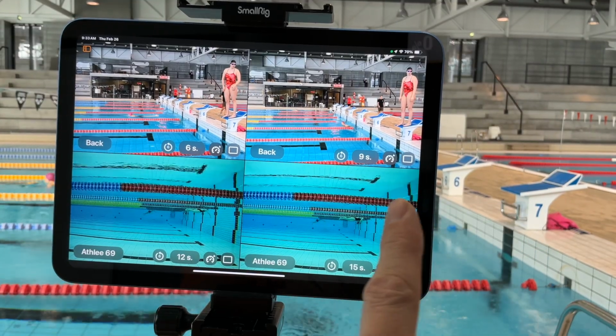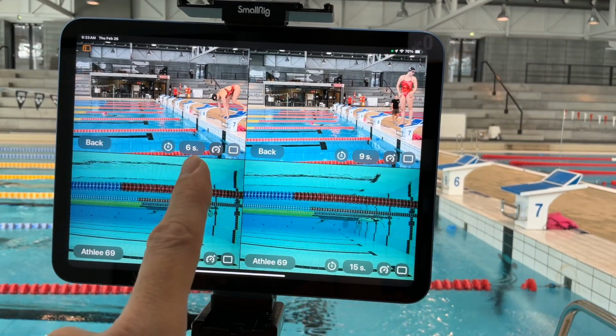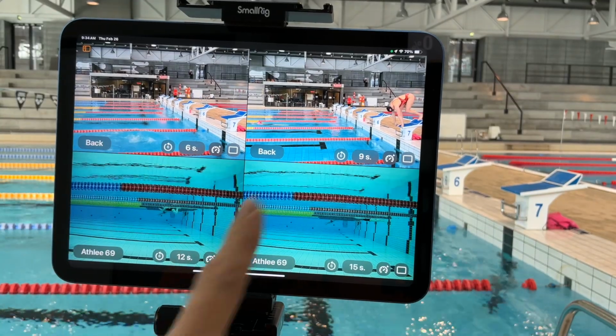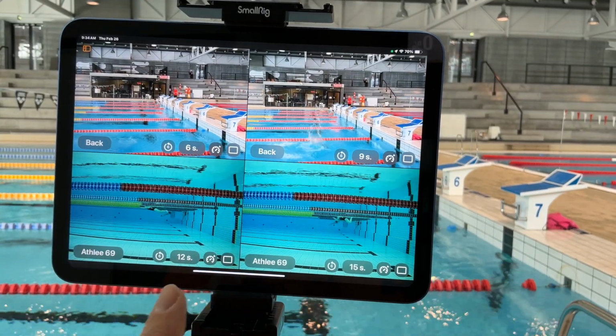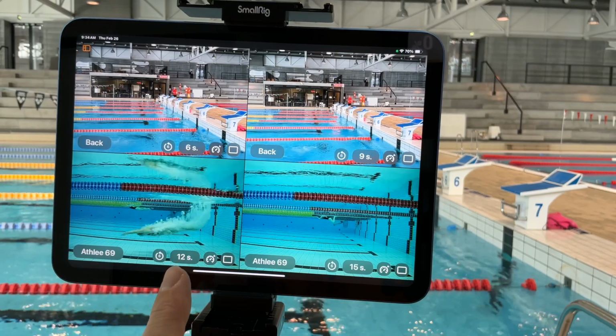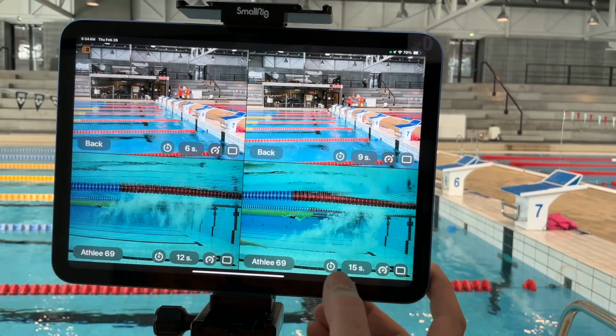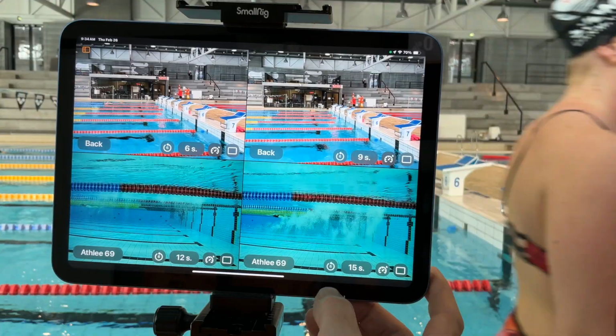So that was the swimmer jumping in, and now we get to see it on the delay, on the 6-second delay here. That's the swimmer jumping in. Now we get to see the swimmer jumping in again, and in a little bit we'll see the underwater here, and we'll see the second underwater here. And obviously you can also rewatch it by pressing the